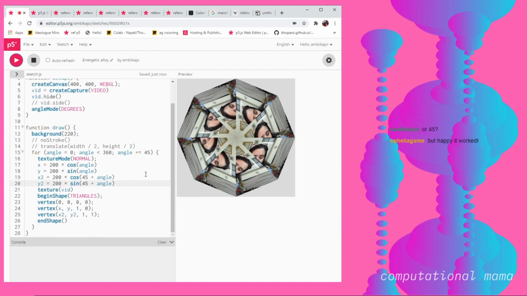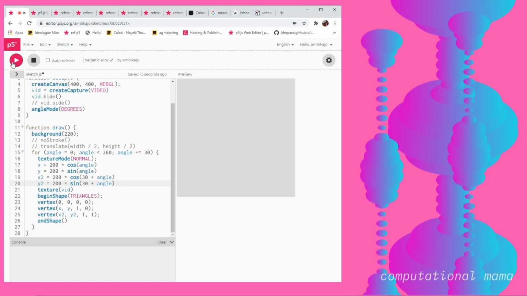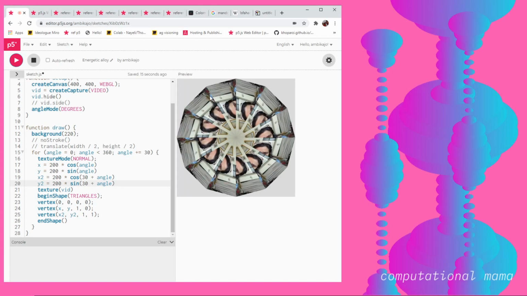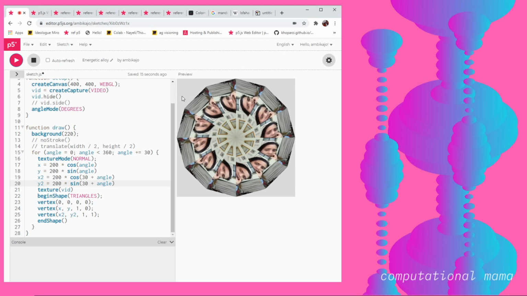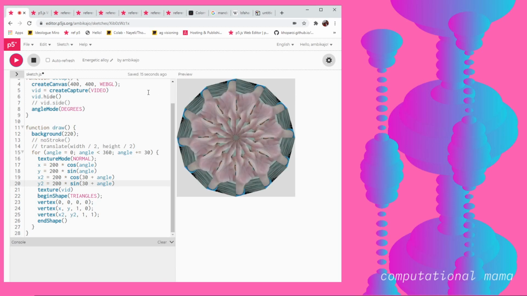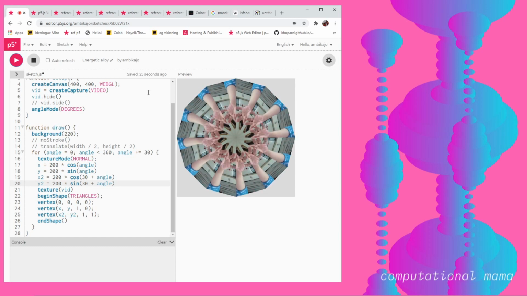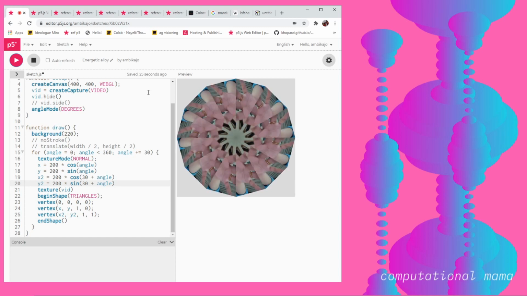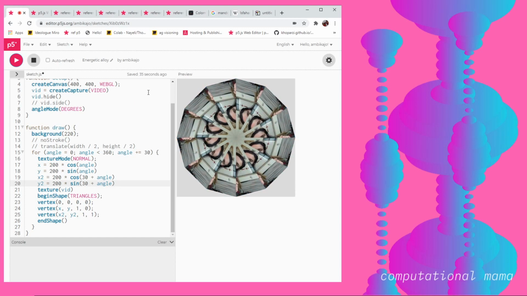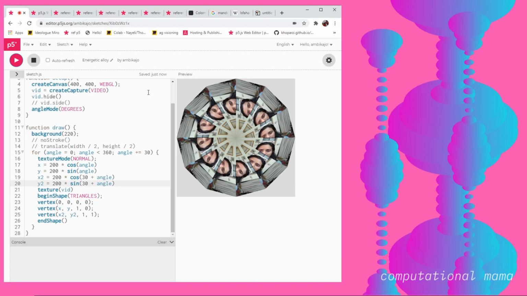So 45 gave us an eightfold rotation, and then Himanshu suggested 30 also, which I'll just quickly show you, and then I'll explain what's actually happening. So this is giving us 1, 2, 3, 6, 12 fold geometry, right? I love when you can do these things with your hand. Several years ago, I wanted to do something like this for a project, and I just didn't know how to do it. But today I learned it.